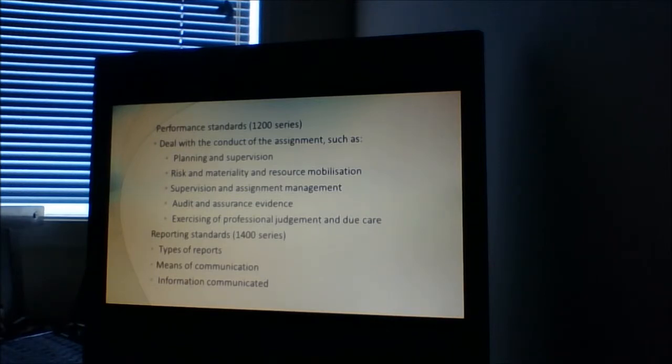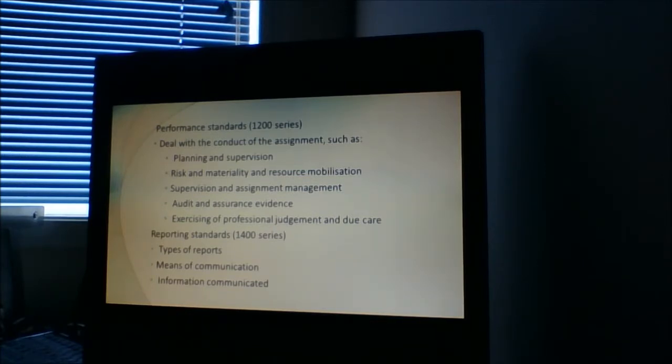Next is the performance standard. This performance standard helps to conduct the assignments, covering planning and supervision, risk and materiality, resource mobilization, supervision and assignment management, audit and assurance evidence, and exercising professional judgment and due care. The next is the reporting standard.